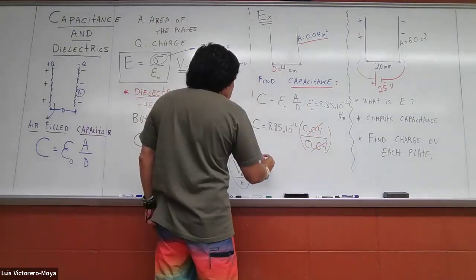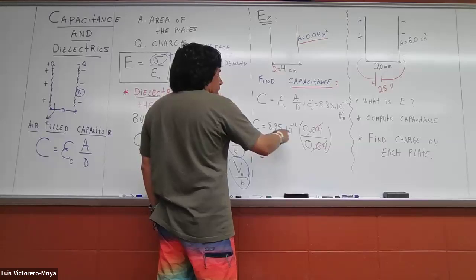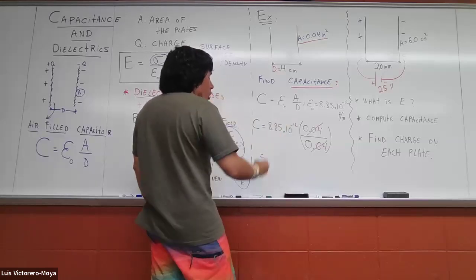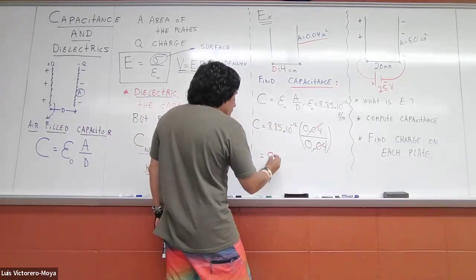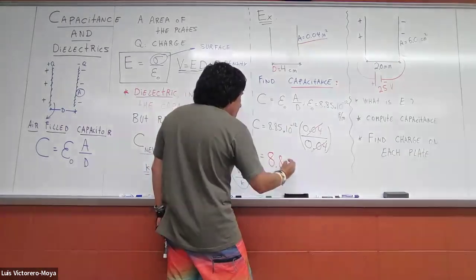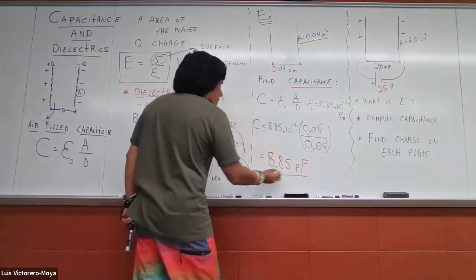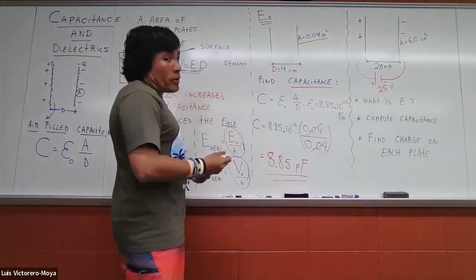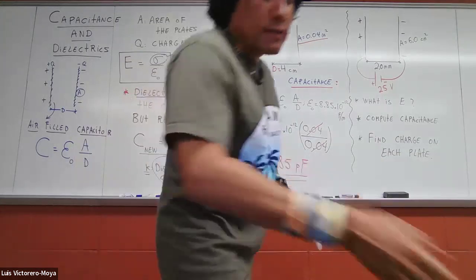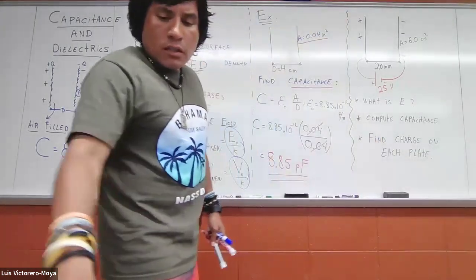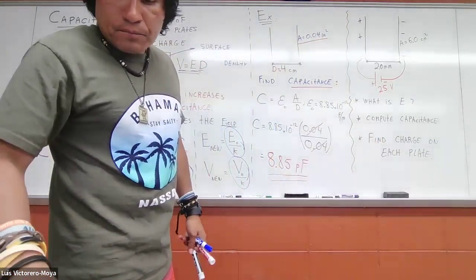So the capacitance is 8.85 times 10 to the negative 12, or you can write 8.85 picofarads. Or, yeah, pico is 10 to the negative 12. All right? So as an example there,